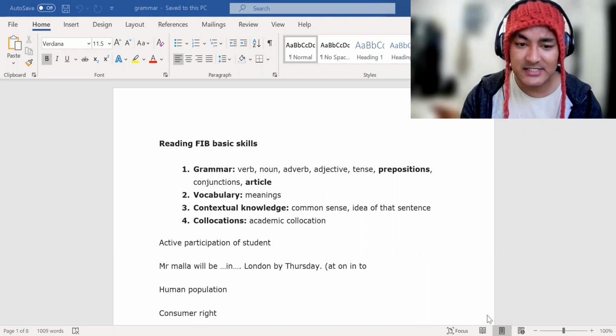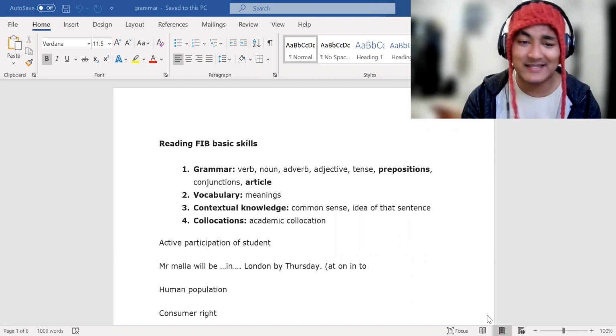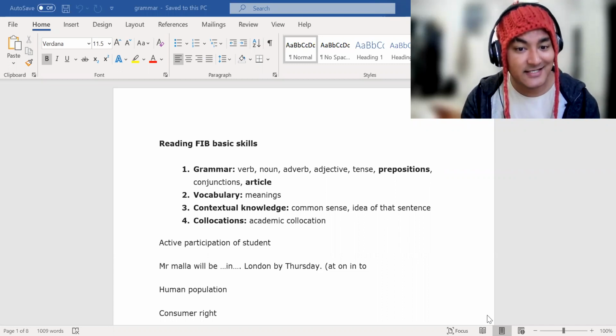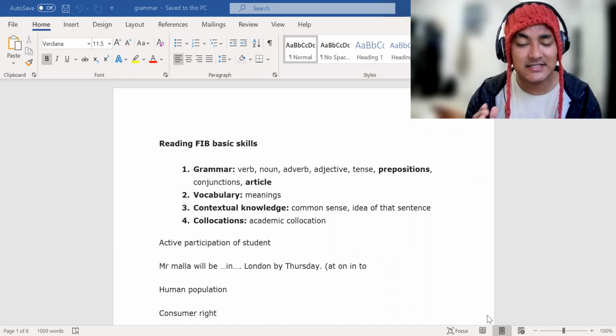See, in the PTE examination, the reading section is one of the most difficult sections because there are no tips and tricks or any strategy that you can use. But there are certain skills that you can learn to make fill in the blanks easier, right? Fill in the blanks is the section you have to focus on